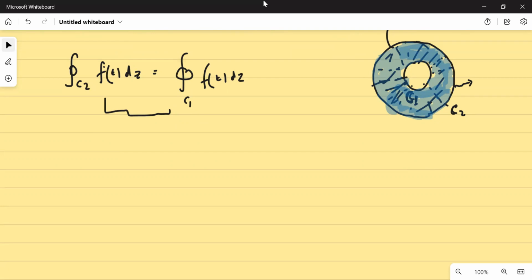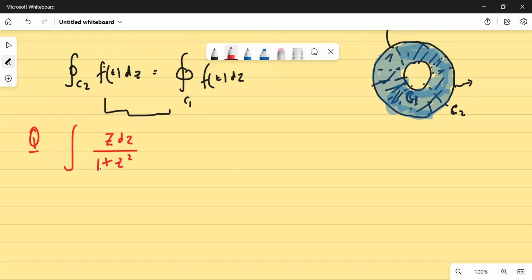So this was the integral: the integration of this function which I'm writing right now. Integration of z dz upon 1 plus z squared over curve C,